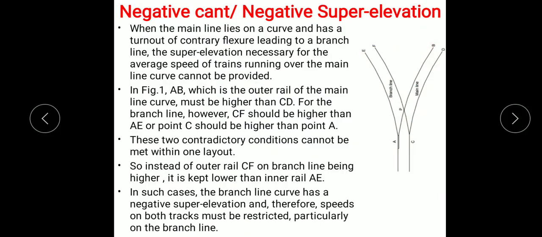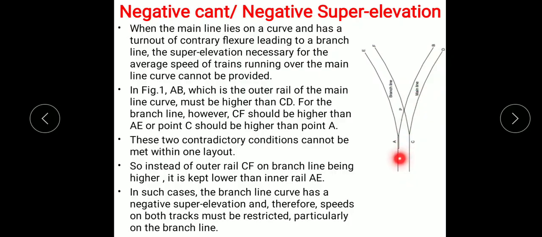So when the main line lies on a curve and has a turnout of contrary flexure which is leading to a branch line, the super elevation necessary for the average speed of trains running over the main line curve cannot be provided. In figure 1, here you can see AB is the outer rail of the main line curve